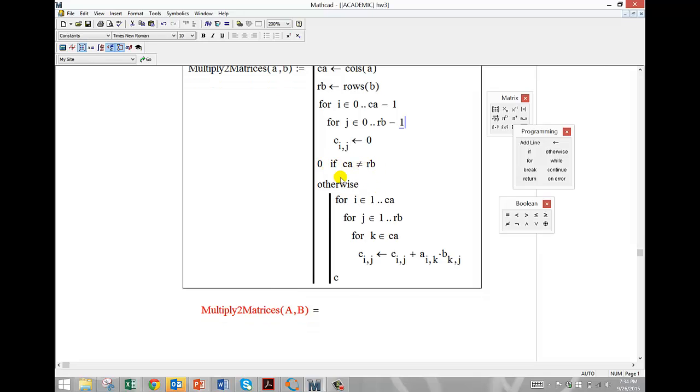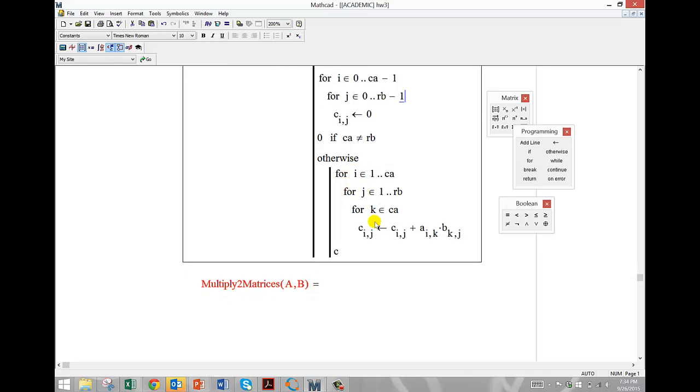And then up here we make sure the columns of A are equal to the rows of B. If we do, we give a 0. Otherwise we're going to come down here and do the same calculation, but we don't go from 1s, we go from 0s in Mathcad. This is going to go from 0 to the rows of B minus 1, and this is going to go from K